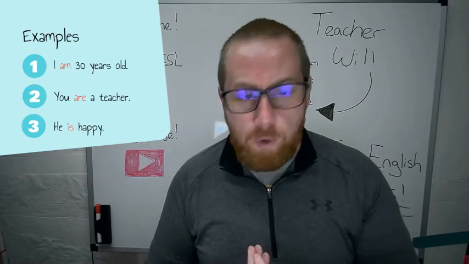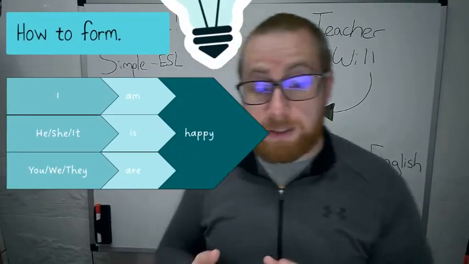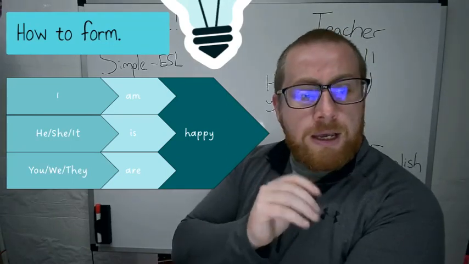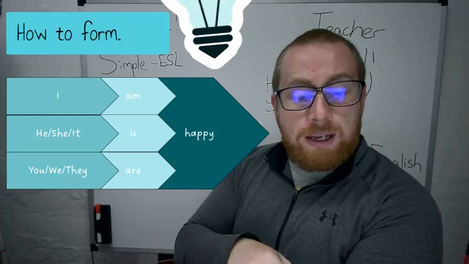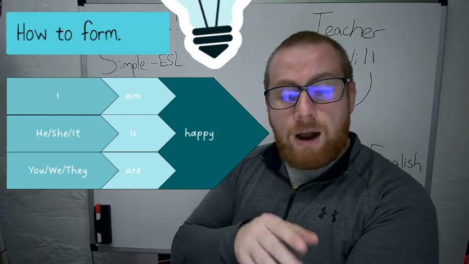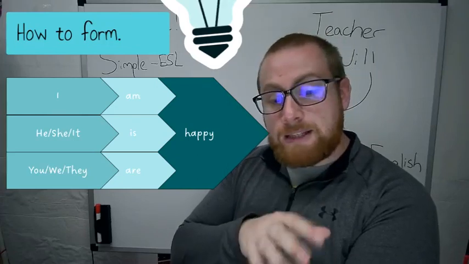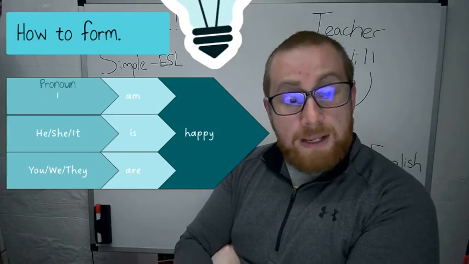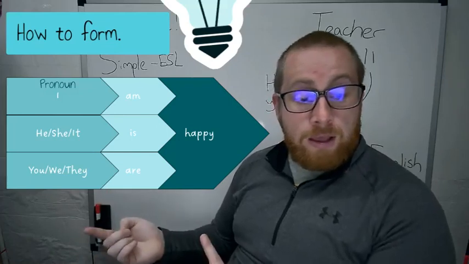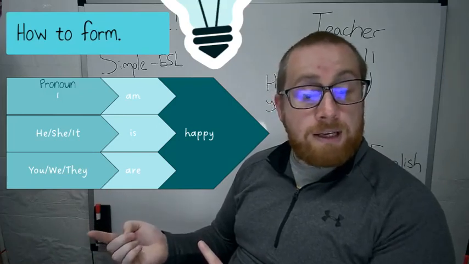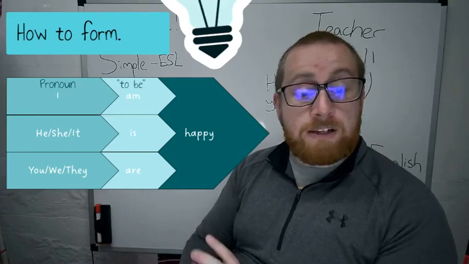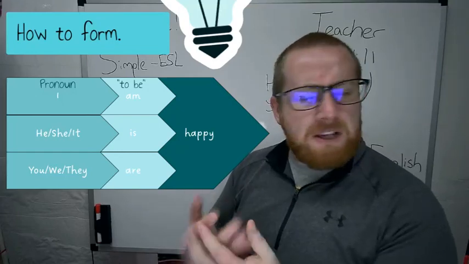Let's have a look and see how we can form this so we can create our own statements. You can see here, I am happy. He, she, it is happy. You, we, they are happy. We can see that the form changes. And this is based on the pronoun. The pronoun I, he, she, it, we, you, they. And this will affect the verb to be. So for example,